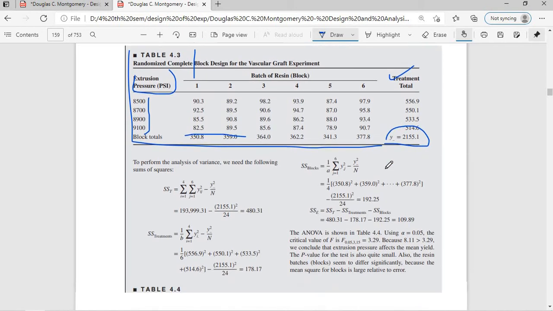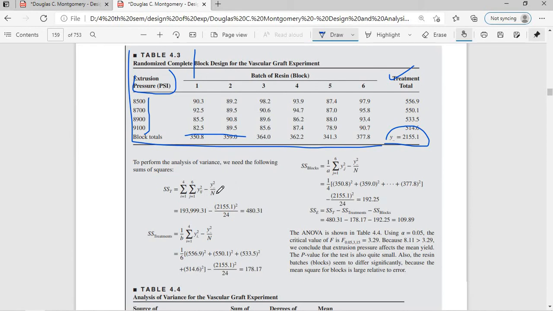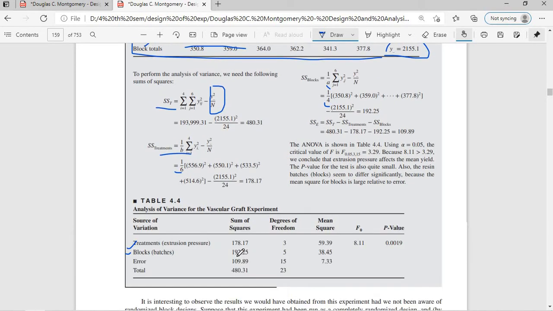Manually, for finding sum of squares, the formula is the same. You square each term, add them, then subtract the correction factor, and you will get the total sum of squares. For treatments, the same formula. But remember, when you are dividing here, you divide by 6, although there are only 4 treatments, because it is opposite: you divide with the number of blocks. For the blocks, we divide by the number of treatments, 4. Then you will get the values. This is the manual calculation for RBD.